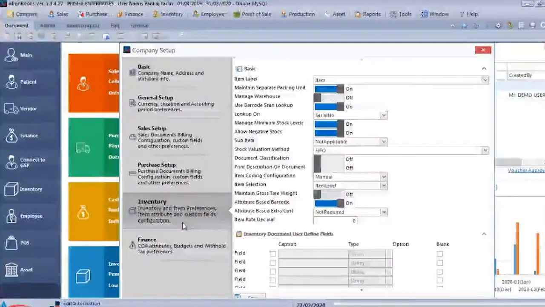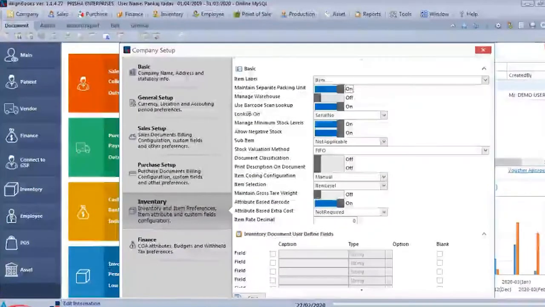In inventory, we are providing many features because we can use AlignBooks in different verticals also. Sometimes a customer has a requirement for the double unit option, so they can use double unit. I'm giving you one example. Let's suppose I'm selling a pencil box. In one pencil box, I'm selling 10 pieces. If I choose one box, my 10 quantity will reduce from my stock. If I want to reduce only 5 quantity of particular pencils, we can reduce the 5 quantity also.